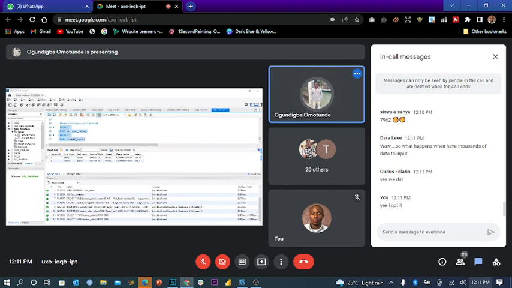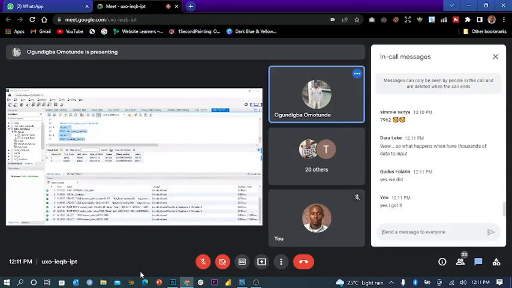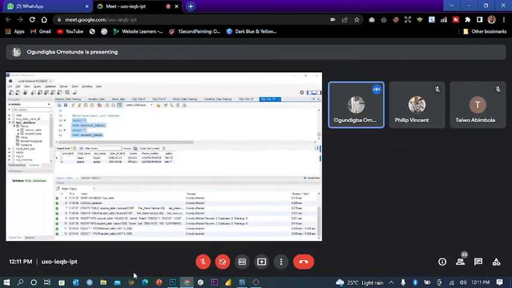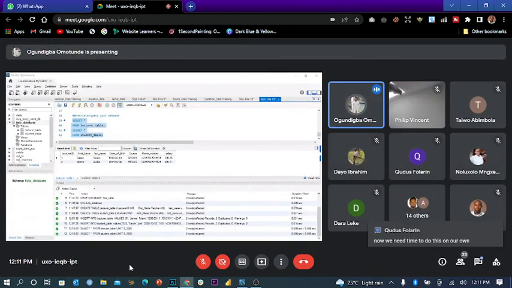But for now, let's try and do it one step after the other. Let's try to know how to get our data inputted or created first. Then we'll discuss how to do it for multiple entries or thousands of data.